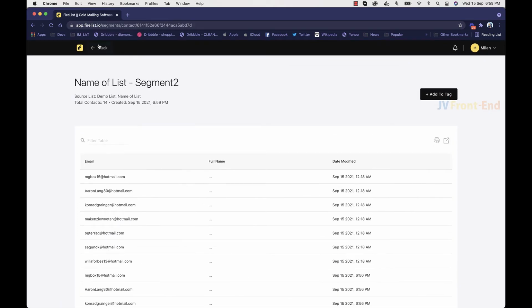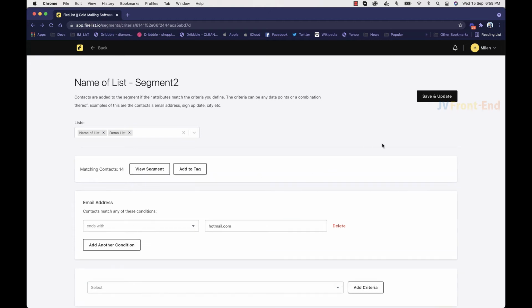So that's how you can create a segment. Once this segment has been created, it's auto saved. When you click on save and update, it generates and saves the segment automatically, so you don't have to bother about that. If you want to add these users, these 14 users, to some tag,